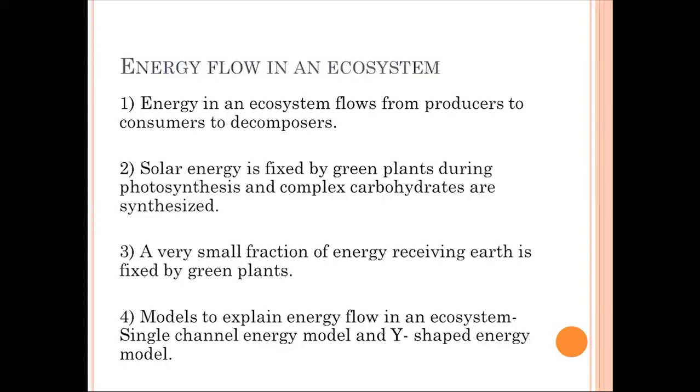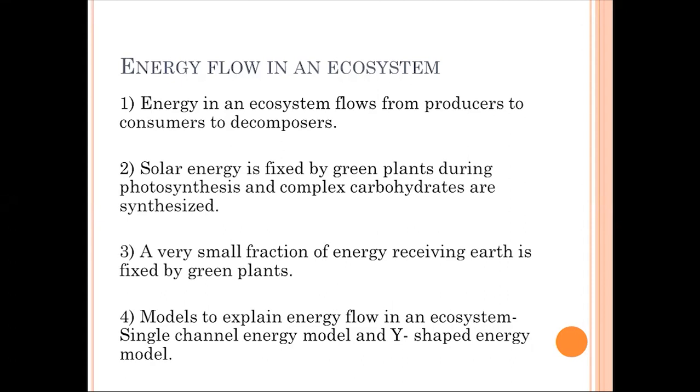So, in today's lecture, we have discussed the energy flow in an ecosystem. That the energy in an ecosystem flows from producers to consumers and to decomposers. So, the solar energy is fixed by green plants during the process of photosynthesis, and it is stored in the form of complex carbohydrates. Now, a very small fraction, that is about 1 to 5% of the solar energy that Earth receives, is fixed